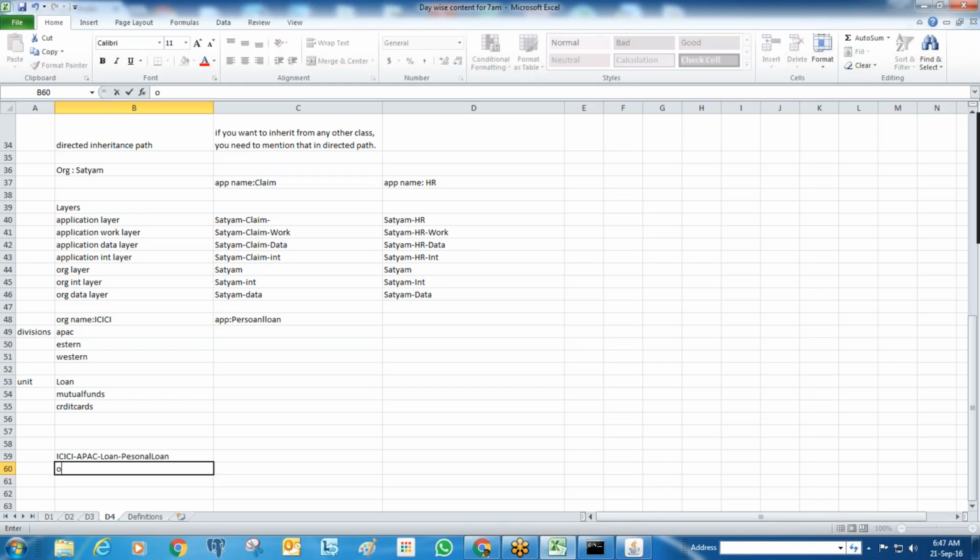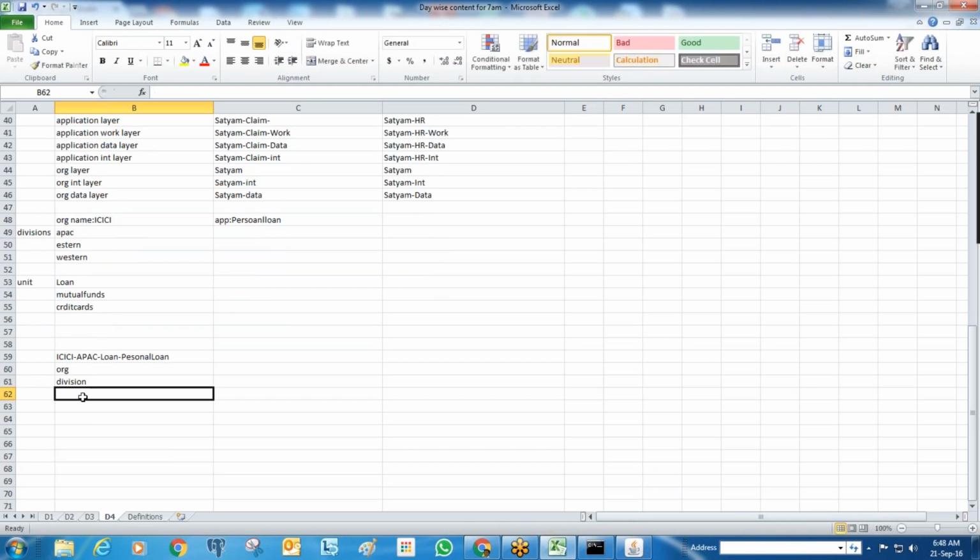So now the different layers will be organization, division layer, unit layer, and then again within the unit you may have sub-units as well. So there is no ending for the structure. You can go to any level, infinite levels, but that depends on how big the organization is. And then the application.